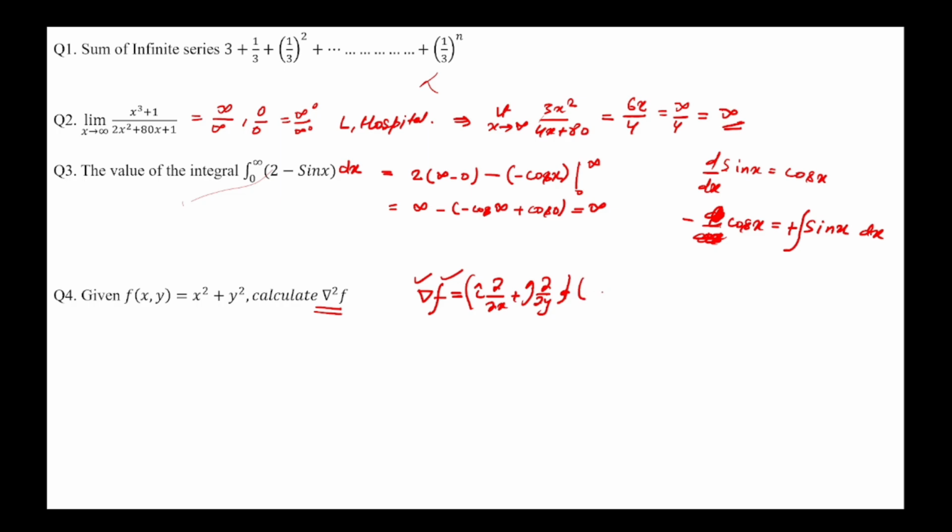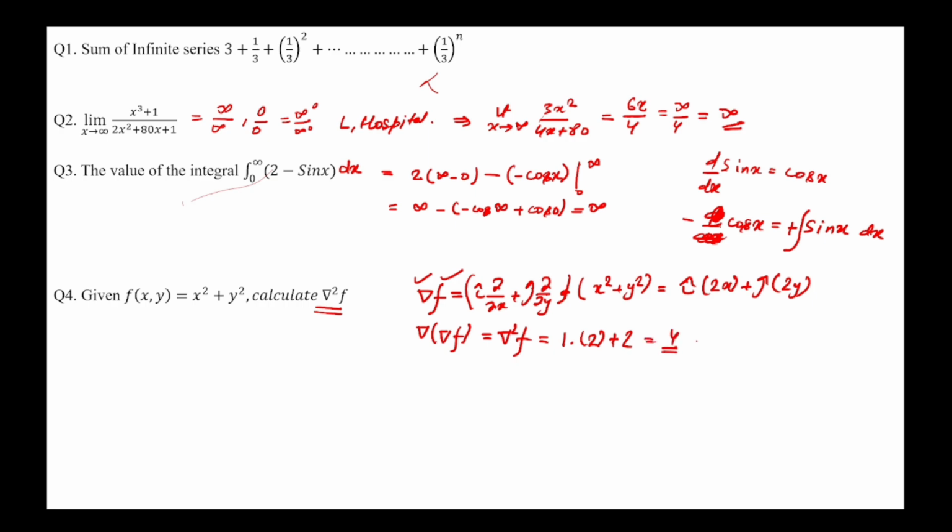Now the function x square plus y square gives i del by del x is 2x plus j del by del y is 2y. Now again, if we take the gradient of this, it will give del square f. So i into i will be 1 into del by del x, that is 2, and same 2,